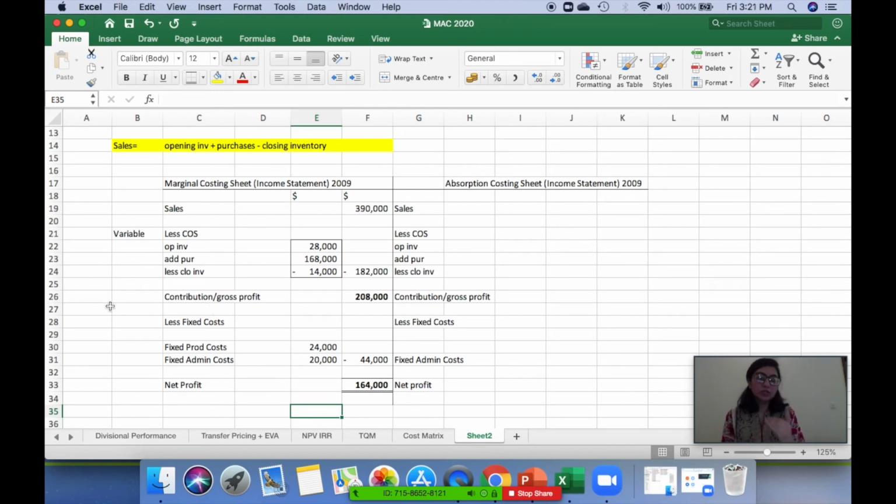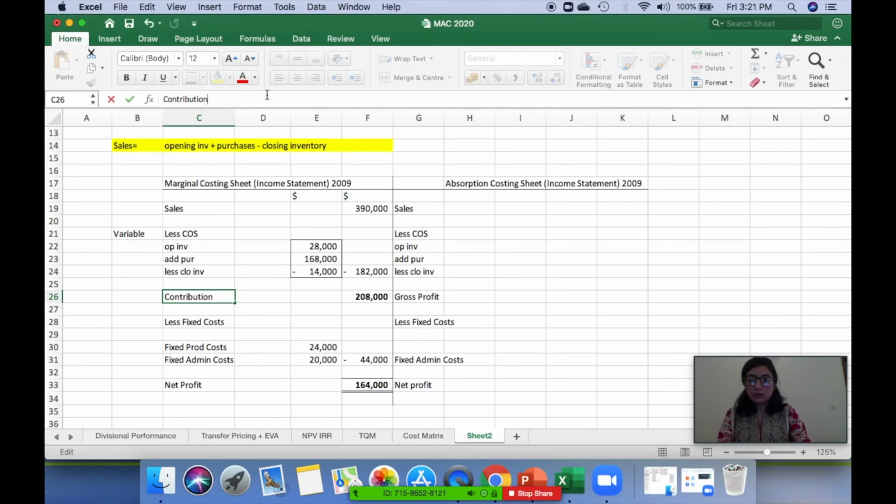I started the lecture with introducing the terminologies which we are actually now using for our calculation. Revenue, variable cost, fixed cost, semi-variable cost, contribution, net profit, break-even we will be using later on, right? Coming on to absorption costing. Absorption costing is a little tricky. Absorption costing uses the word gross profit here instead of contribution. Gross profit is another word for contribution, but we use gross profit. Why? Because it includes fixed production overheads as well.